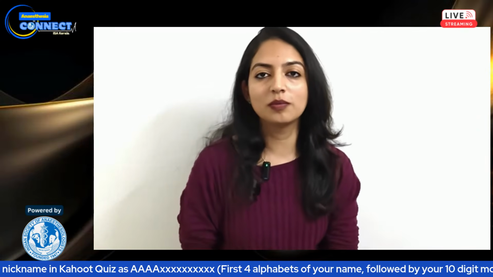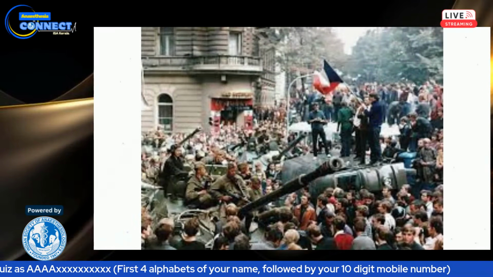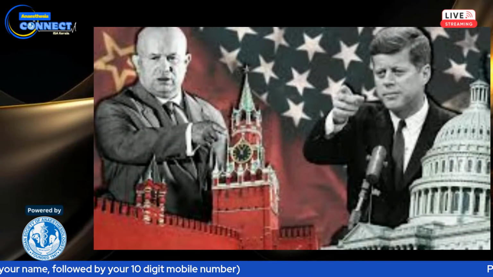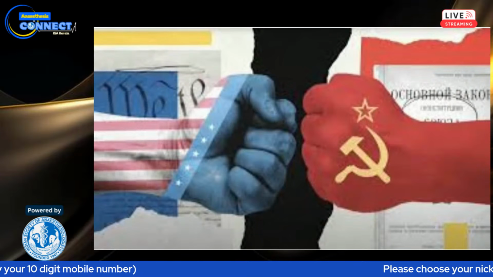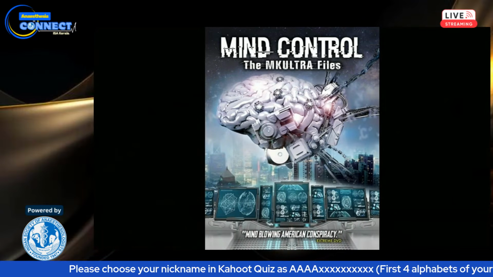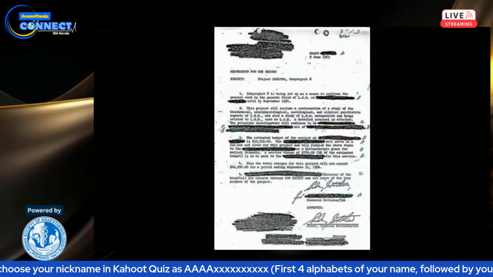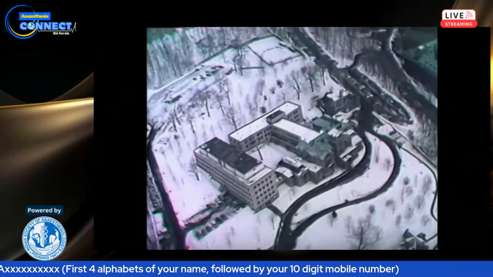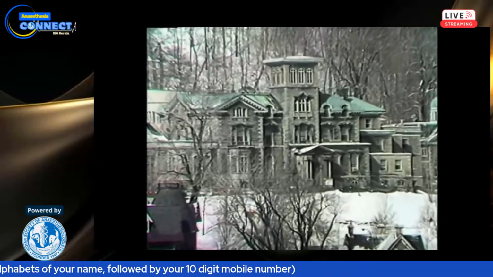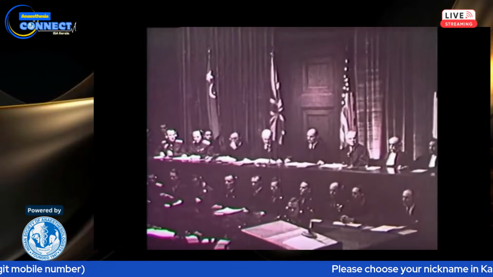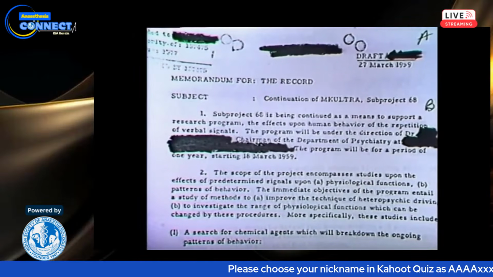Then came the Cold War, the golden age of scientific ambition and paranoia. Two superpowers racing for dominance in rockets, nuclear physics, and discreetly in mind control. In the United States, this obsession crystallized in a now infamous umbrella of programs, the most notorious being the MK Ultra. Beginning in the early 1950s, the CIA secretly funded experiments on hypnosis, sensory deprivation, psychedelic drugs, and nearly any chemical thought to influence consciousness.